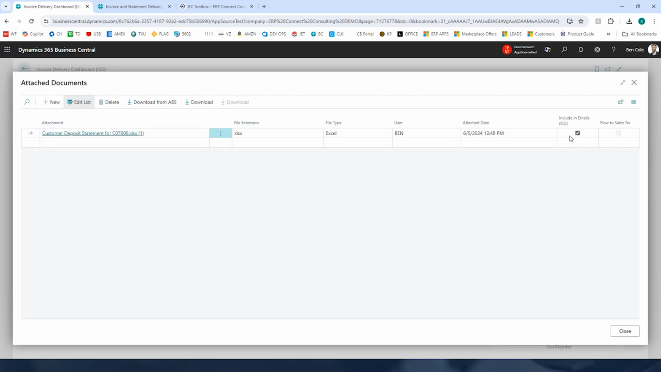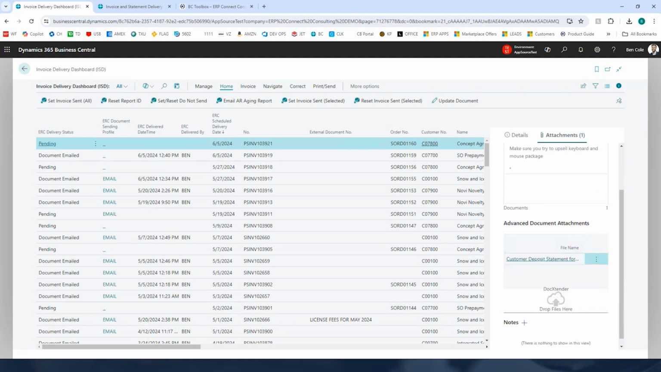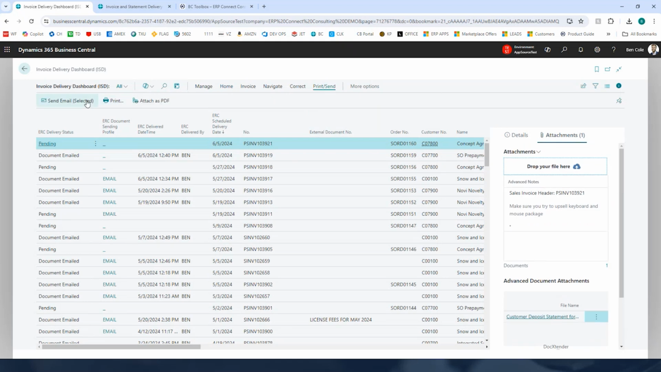So you can attach a bunch of documents, and maybe some of them are just internal. You don't want to send them out. Great, leave that unchecked. If you do want to send them out, click that checkbox, and then just click close here. It's now going to save that. You can see it in our advanced document attachments tool, which is again another tool that we have to make it easy to do those. And then if I go to send this,